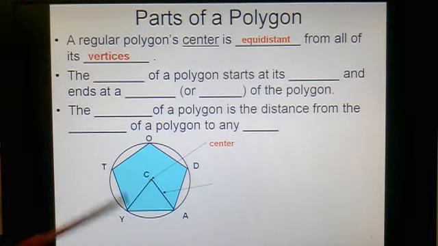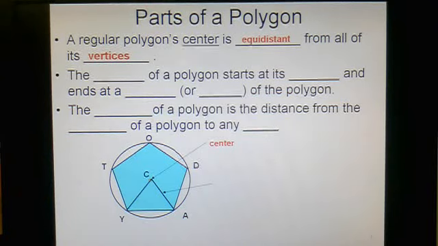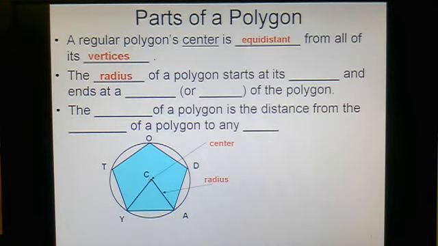Think about, ignore the polygon for a second. What do you call this segment from the center to the edge of a circle? And this is the same thing, from the center to the edge of a circle. What do you call that segment? Hopefully the word radius comes up in your brain. That's the second definition. A polygon actually has a radius. We usually think of radius as just being for circles. Polygons also have radii. So a radius of a polygon starts at the center